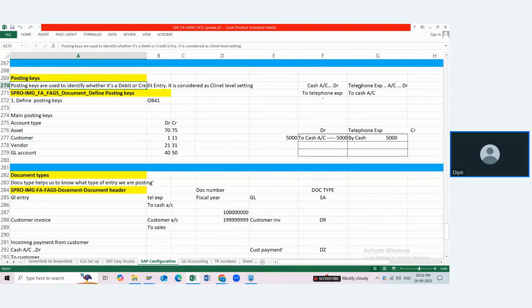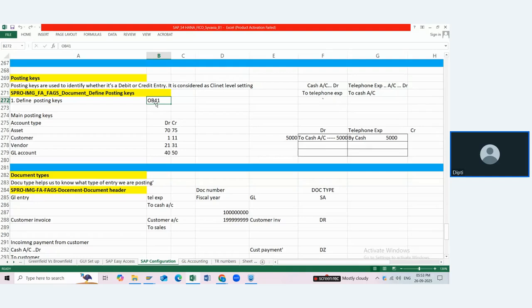Secondly, you should not have to change any setup. So you have to debit it and credit it. Whatever you want to do, you can do it based on the posting keys which are already defined by SAP. Why this posting key is needed, for example: telephone expense account debit. So when I write DR, I come to know that this is debit to cash account. With "to" we identify credit, but the system doesn't understand DR or "to cash account". So for the system to understand, we have posting keys which are given by SAP. So standard posting keys are already there, which we can check and use as they are.